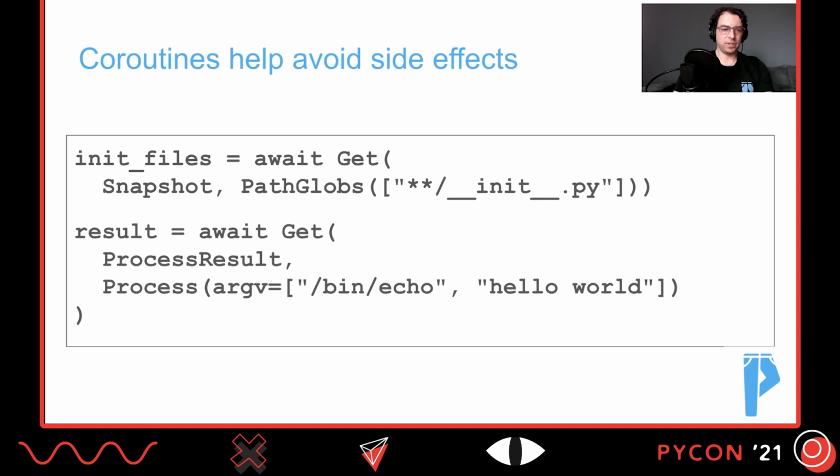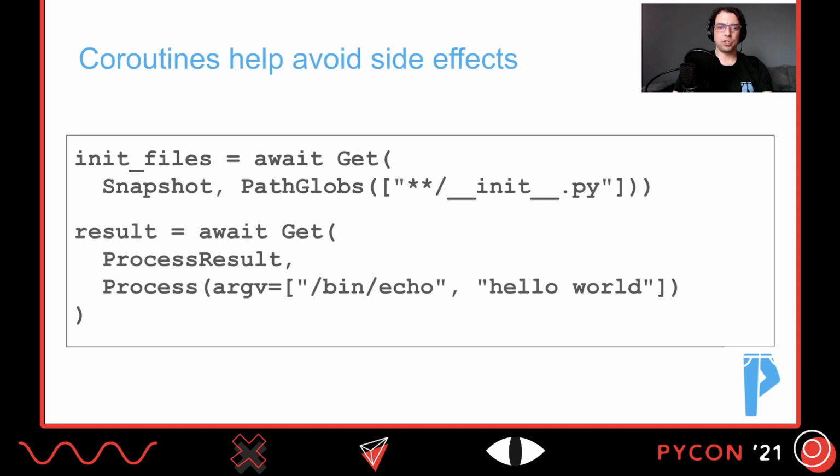For example, instead of just directly accessing the file system, you await an object called a snapshot that represents a little portion of the file system, and the engine presents that to you. Or instead of running processes directly using the subprocess module, you